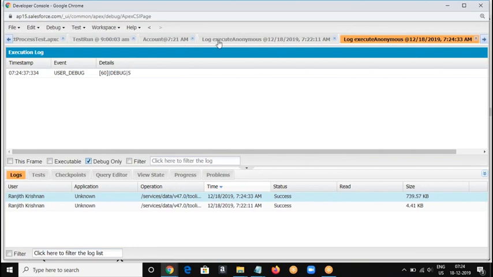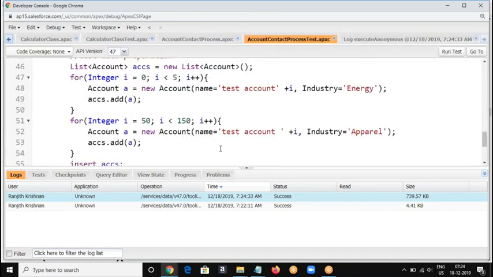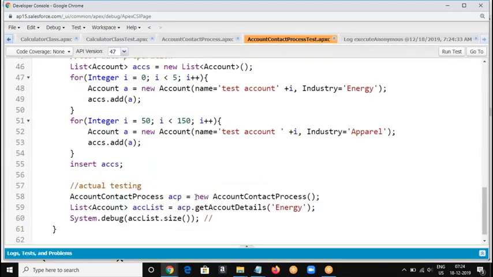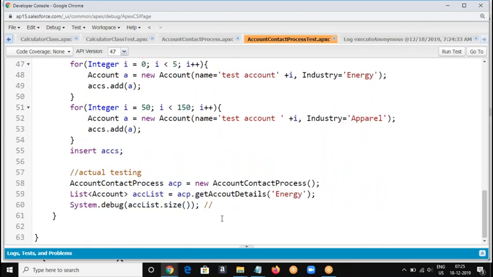So there are 5 accounts, right? That's how we prepared our test data to test our class. We'll follow this. So how will you verify this? You can verify with the system assert equal. So what is the actual count? Okay, what is the expected count? So this should be equal to